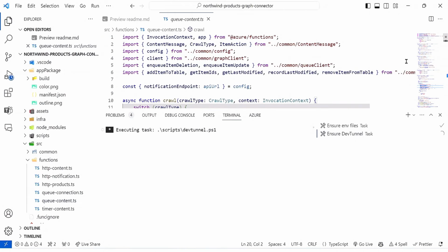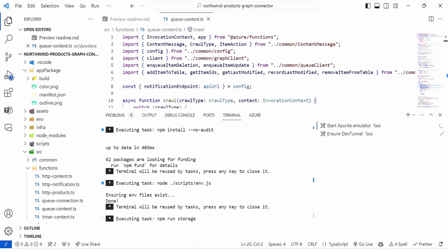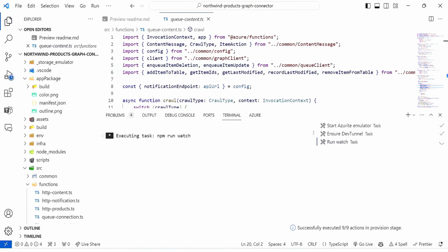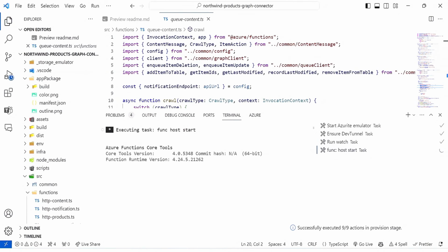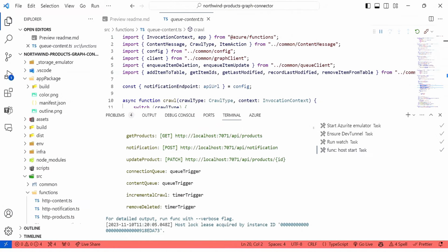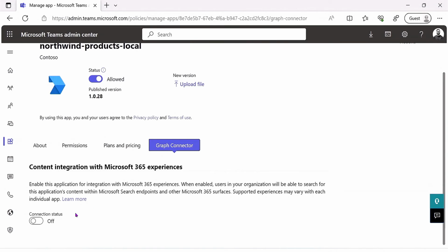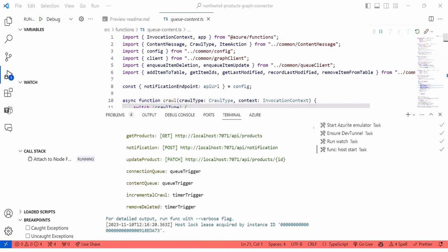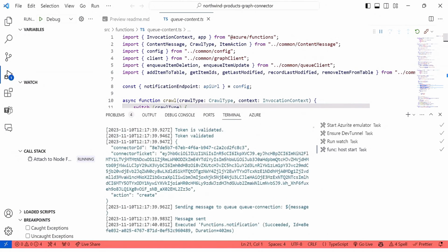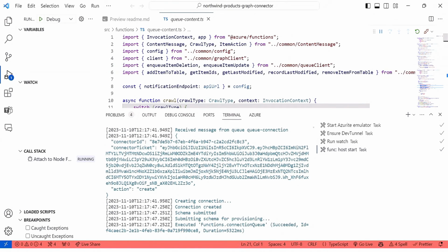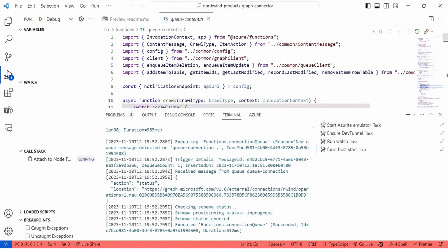OK, we're all set. We press F5, and we start the Graph connector. Teams Toolkit takes care of everything from installing prerequisites, building out the project, starting a dev tunnel, and then finally deploying that to the Teams Admin Center. So we're in the Admin Center now. We just saw that it's set up. So the Graph connector has received that notification of what we enabled, and it's going to complete the configuration process, which does take a few minutes.